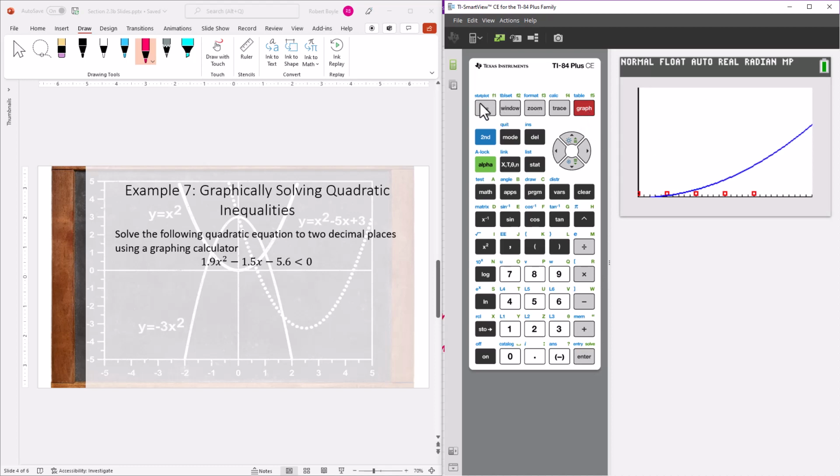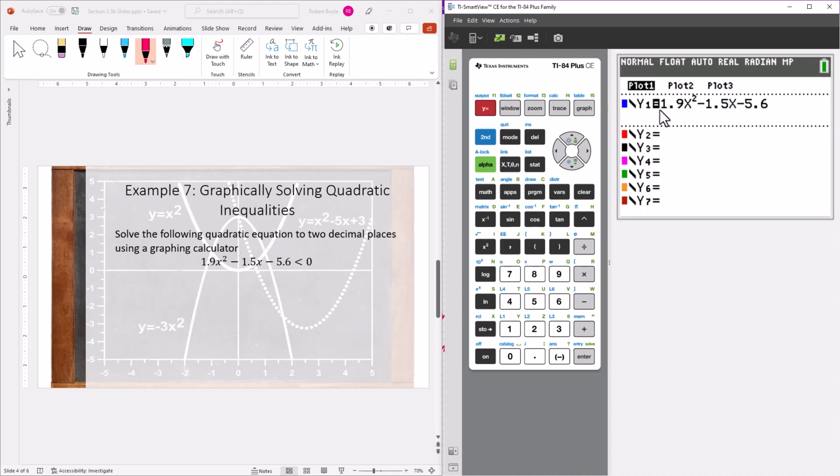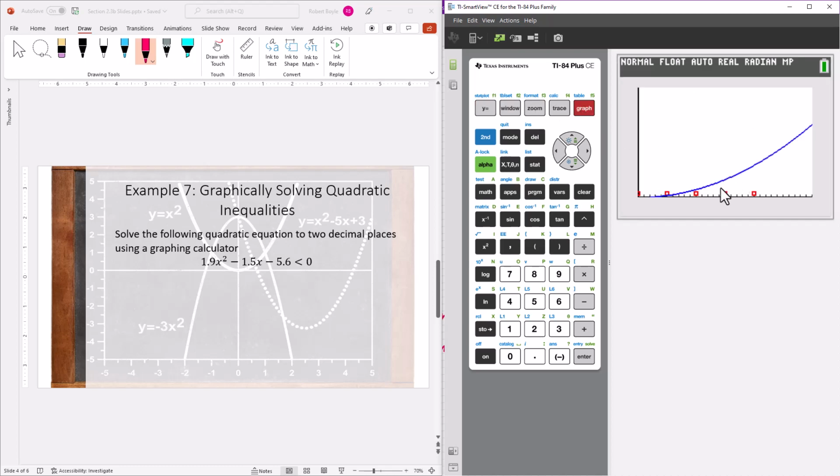Okay, well that tells me I screwed something up. 1.9x squared minus 1.5x minus 5.6. No, that's right. That's good. Okay, it's less than 0. Well, that pretty much tells me that our window needs to change. So now what we could do